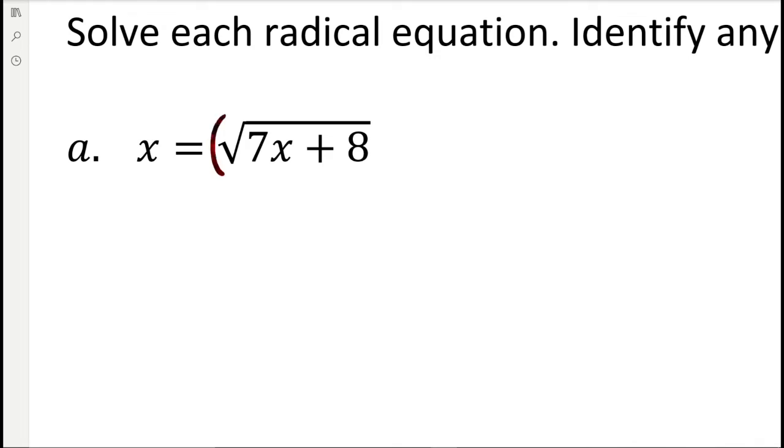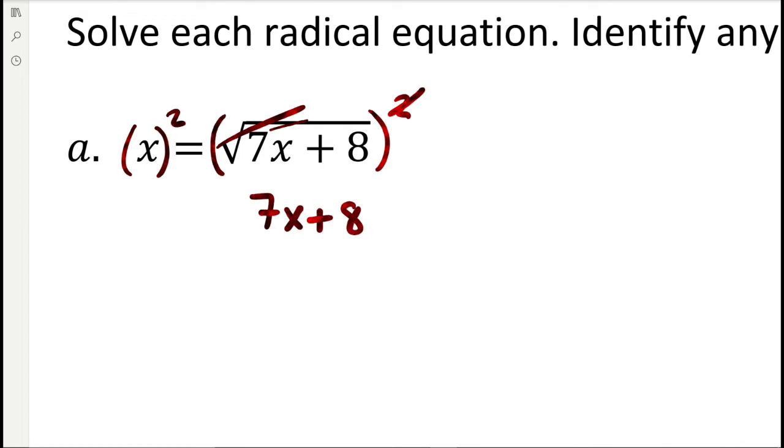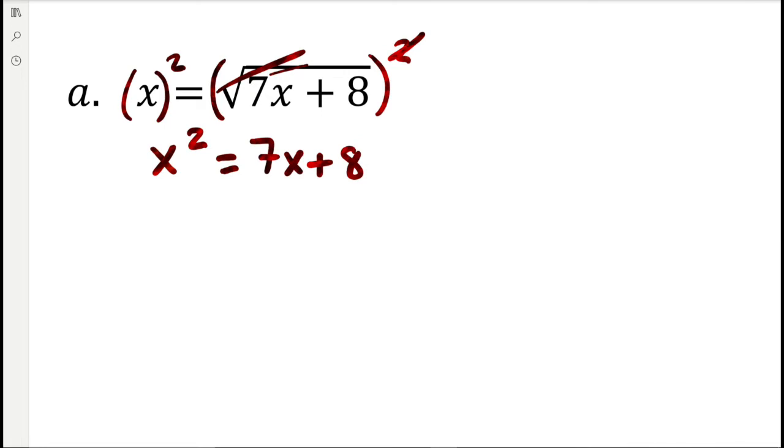So squaring and square root are the opposite operations. So this cancels with the radical, leaving me with the inside, 7x plus 8 equals x squared. Now this is quadratic because we got that squared, so we're going to move everything to one side and make the one side 0. I want to move everything to the left side, so I'm going to just subtract the 7x as well as subtract the 8. Okay, so I'm going to do that on both sides. So I'm going to subtract 7x and then I'm going to subtract 8